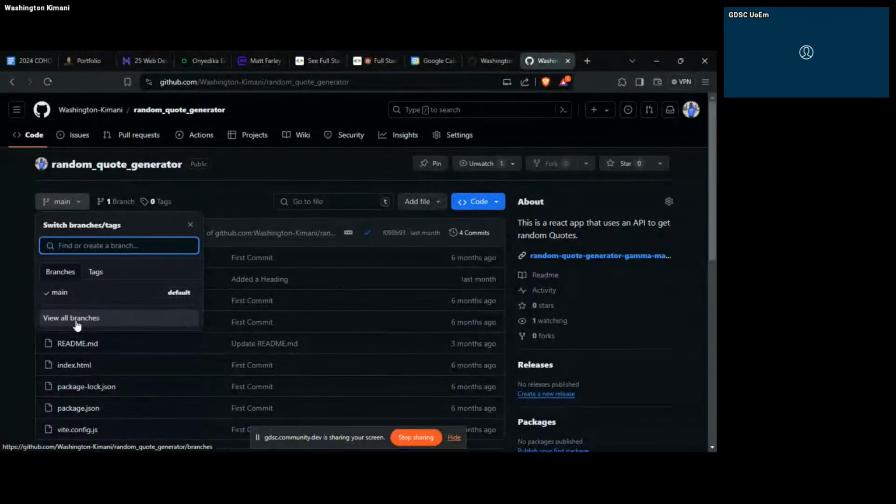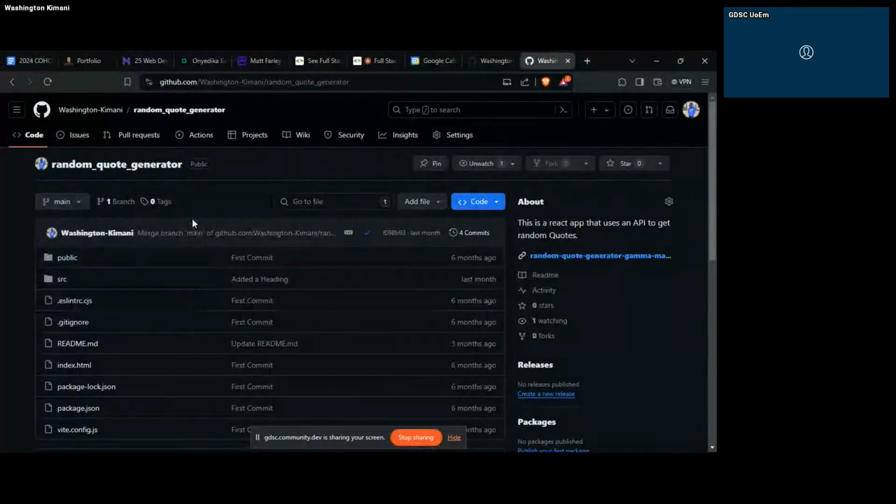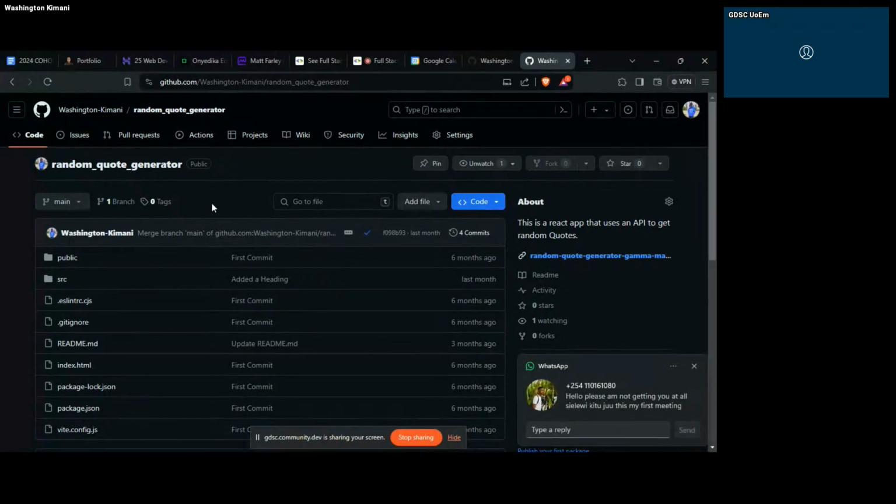So maybe let's say you have a full stack application. I don't want to dive into that, but just for the sake of it. The front end is in one branch and the back end is in a different branch. So you can make